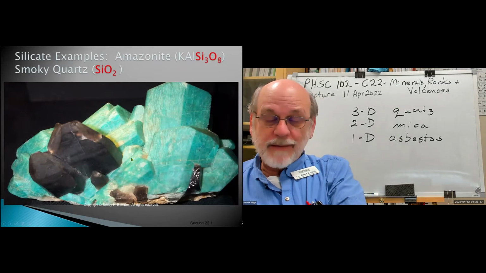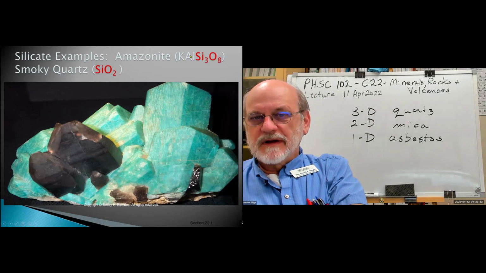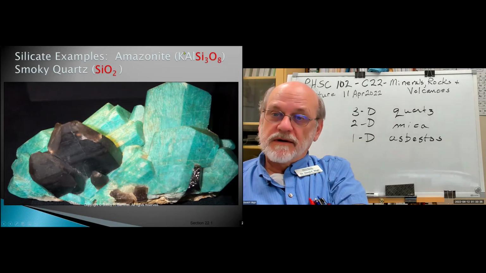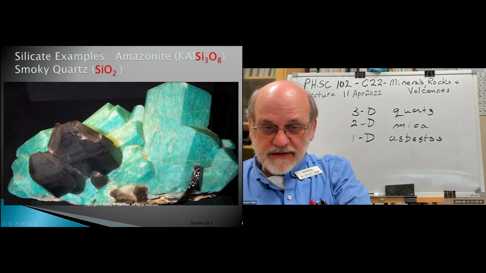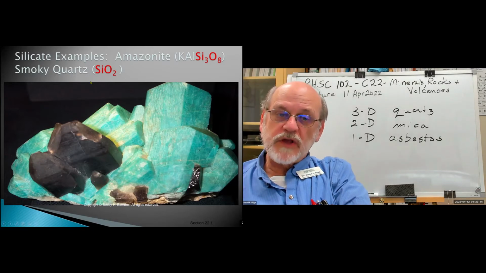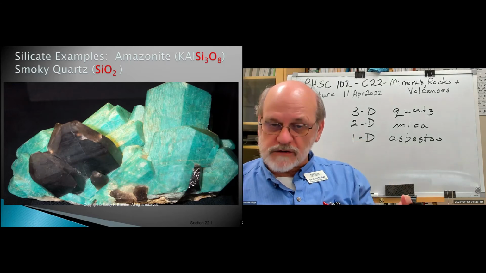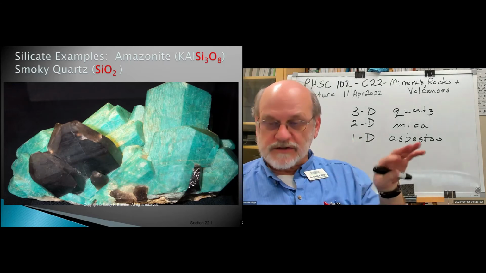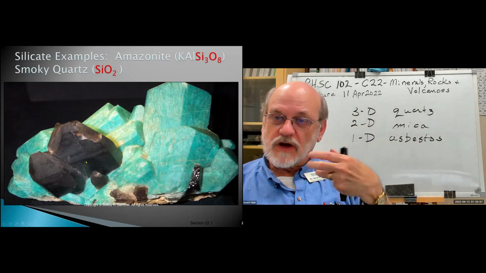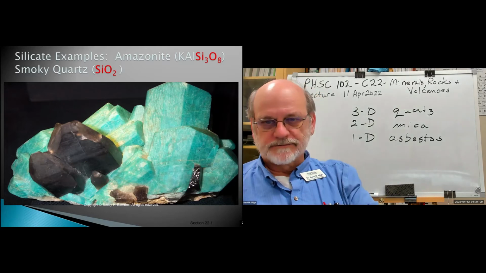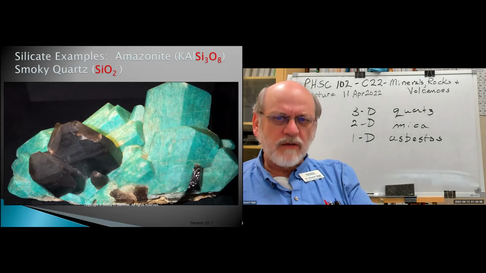Okay, other examples. Right, here's an Amazonite. This would be a potassium feldspar. And it looks like they're included in the same rock structure with smoky quartz. Okay. Normally, silicon dioxide quartz is colorless. It's clear, translucent. Smoky quartz must have some inclusions of impurities to give it that color. I think that is probably iron.